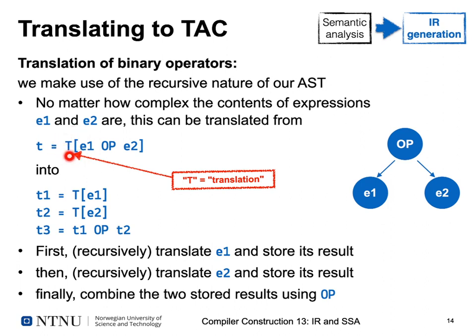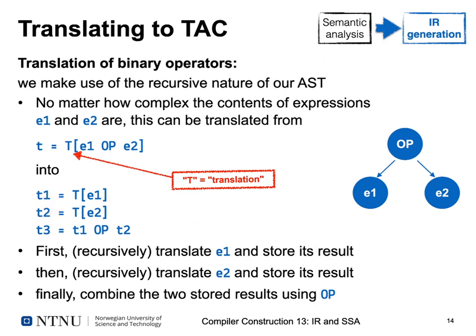So if we have some expression where we want to assign the result of a translation, that's what the capital T stands for, and what we translate is here in square brackets. So we want to translate the expression E1 operand E2 and store the result into T. We can always break this down into translating expression 1 first, storing this intermediate result into an intermediate variable T1. Then we translate our expression on the right-hand side, E2 here, and store that intermediate result in another temporary variable T2,